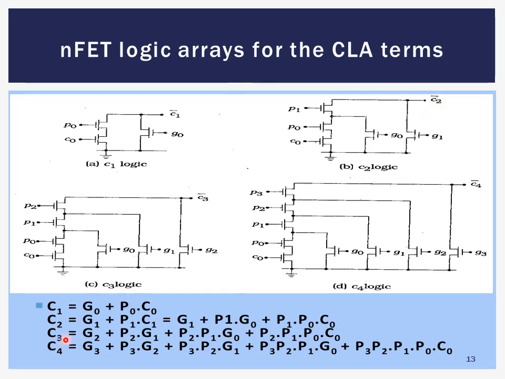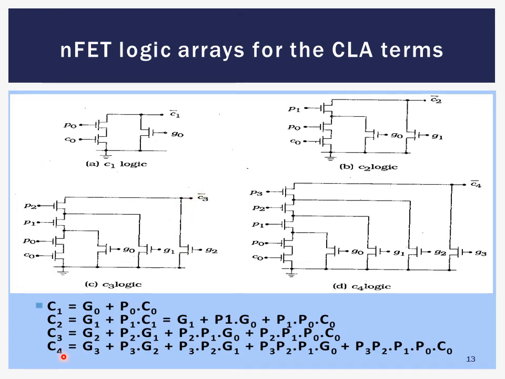Similarly, C3 is equal to G2 plus P2 into C2, and then that is expanded here. It is actually written in the expanded form, but actually it is P2 into C2, and then that is equal to this entire term. So let us understand C2. This entire C2 logic is implemented already up to this, and then to that what is added is the P2. So P2 is added, and then since G2 is in parallel, G2 is added here in parallel, and the output of this entire logic is the C3 bar.